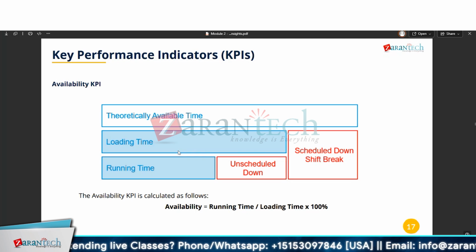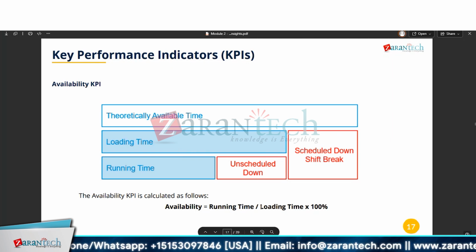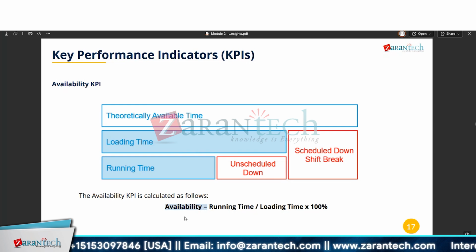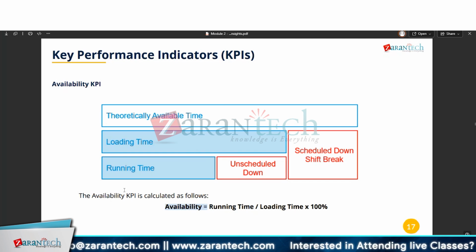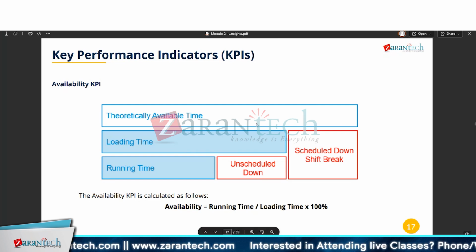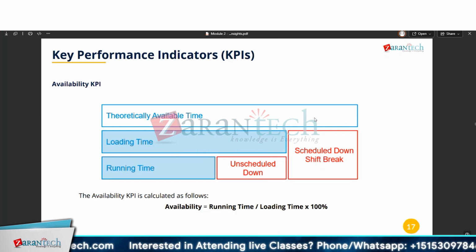Suppose availability is calculated based on this formula, which is running time divided by the loading time. This will give you the availability percentage, basically how much that particular resource is actually available for producing the product on the manufacturing shop floor. Suppose theoretically we have a duration, like 8 hours of shift. In that shift, we are just